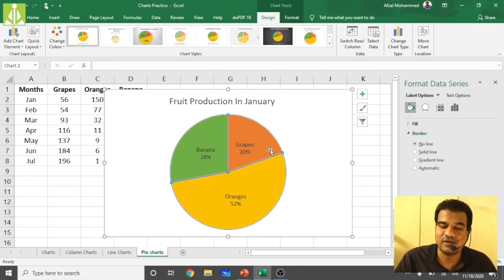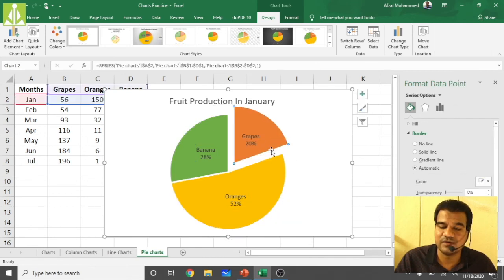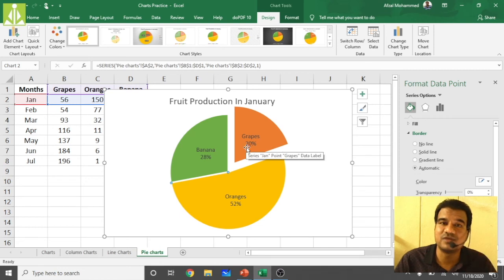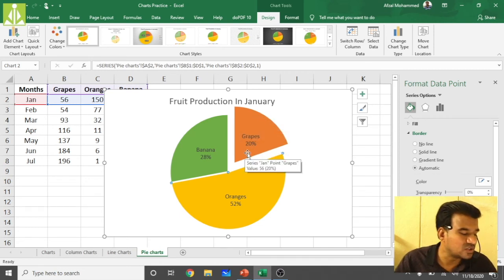So you can even drag like this also, okay? Just to have the attention of your observer, you can drag, you can pull it out, and you can keep like this. Okay, so that the observer will understand that you want to show this particular thing only to him. You don't want him to see all these things, you just want him to see this particular thing. You want to gain the observer's attention on this particular part. So like this you can show it. Okay, so hopefully you understood all these things.